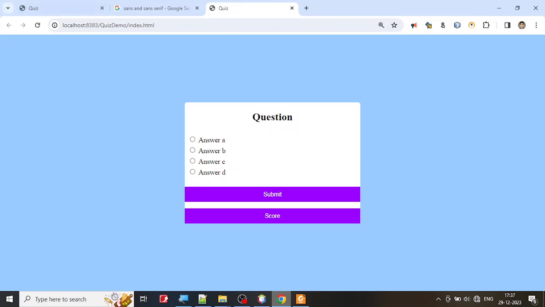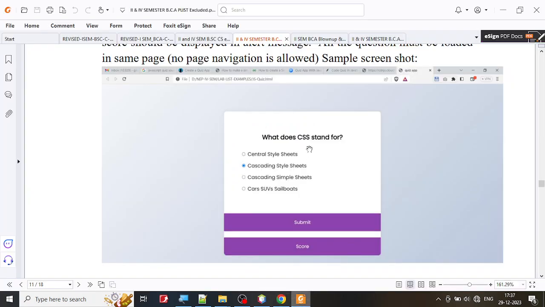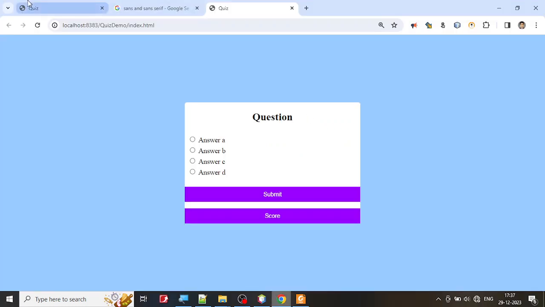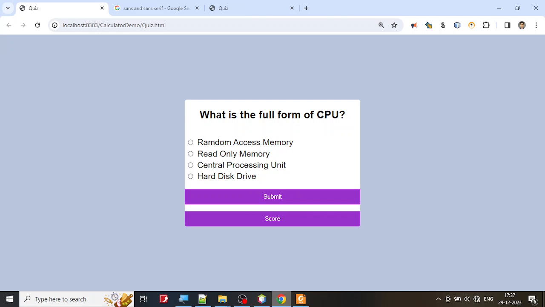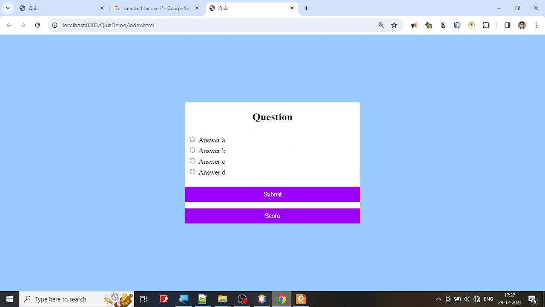Now, if you look at the original here, I don't know what is the problem with them. See, there is actually extra gap here. Can you see that gap? I don't know why that gap is there. But in my demo that I'm showing, I have not put that extra gap. I'm not very sure what was the reason behind that. But if you want, you can put the gap there for the